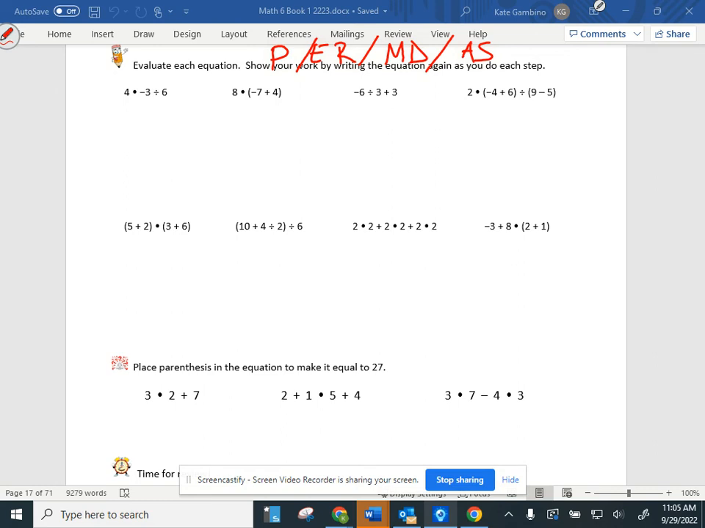This middle one says place parentheses in the equation to make it equal 27. Remember, we do parentheses first. And if you notice, each of these has multiplying in it. Think to yourself, what do I multiply together to get to 27? 9 and 3. So you're going to want to see how can I put these parentheses to make it so I'm multiplying 9s and 3s. Just saying. Tip to look for. And then at the bottom,